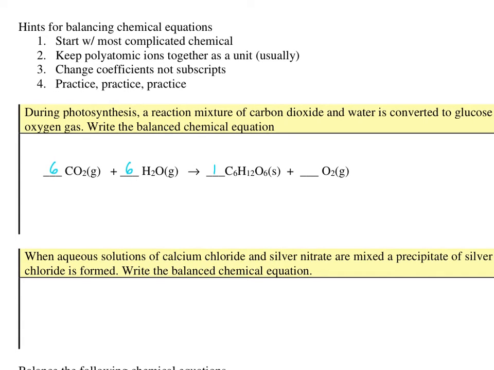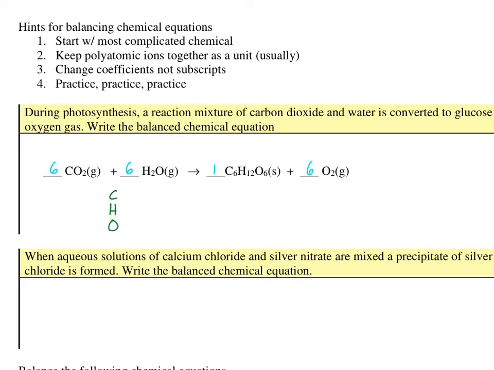So 12 hydrogens, 12 hydrogens. Okay, now as far as the oxygens, let's look at how many oxygens we have in the reactants. We have 6 times 2, 12, plus 6, so we have 18 oxygens, and we have 6 oxygens here in the glucose, so we need 6 oxygen molecules to balance out